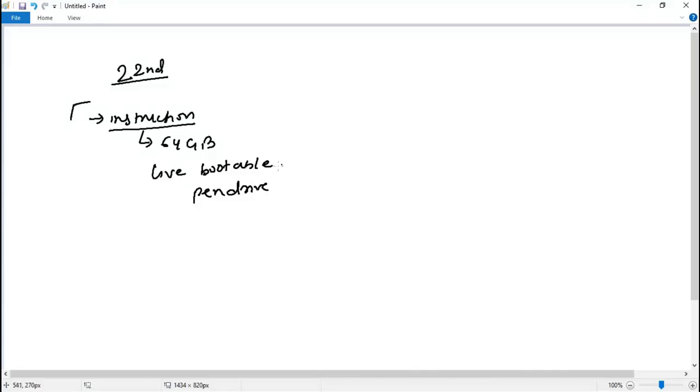You need to prepare this. And now on the 22nd, you need to boot your laptop or desktop, whatever you have, with the live pen drive which you created. Do we have to have a pen drive? Yes.